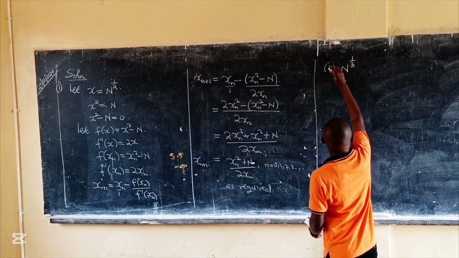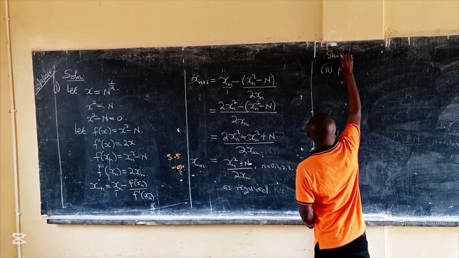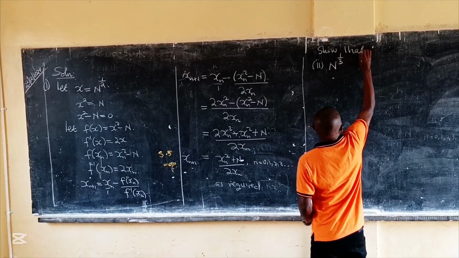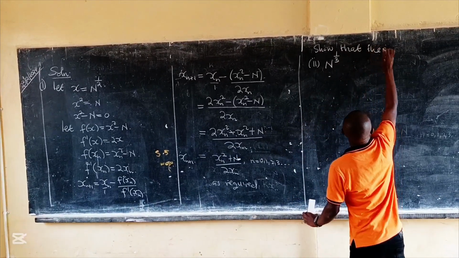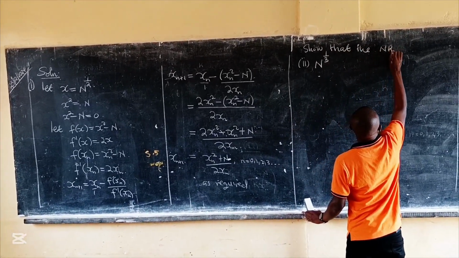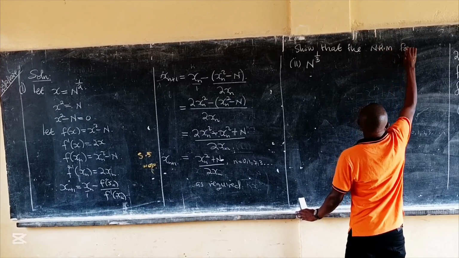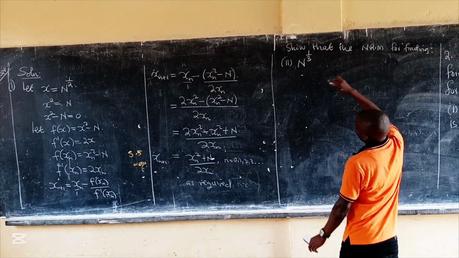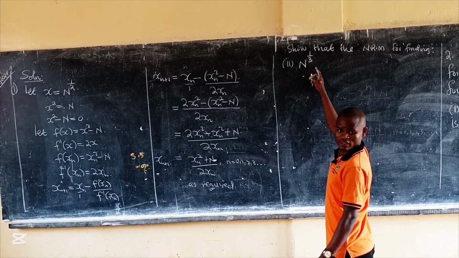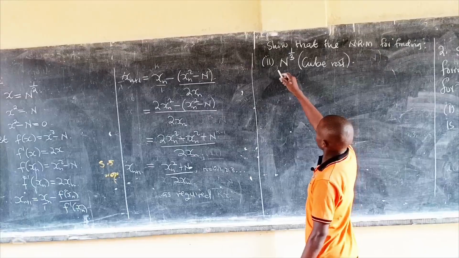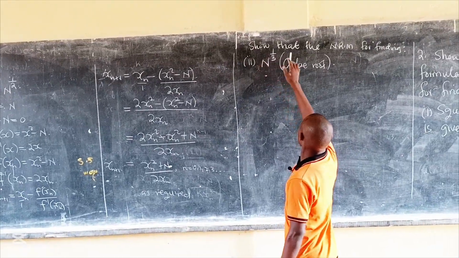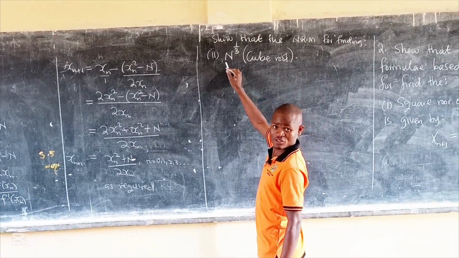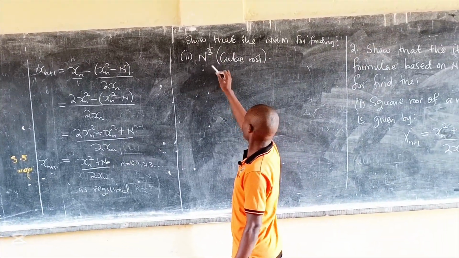So this one, let me say show that the NRM for finding Roman 3, n power a third, this is the cube root. So we are to show that the NRM for finding the cube root of a number, say n,